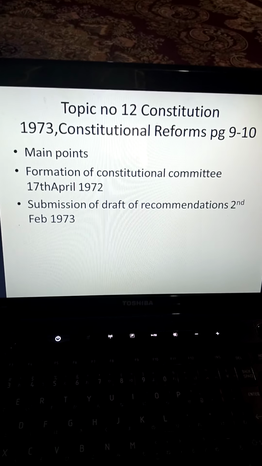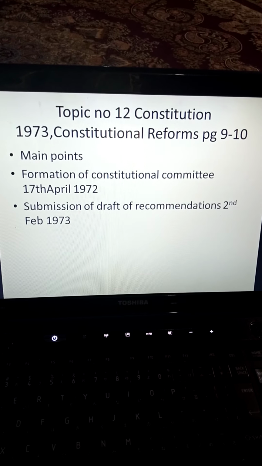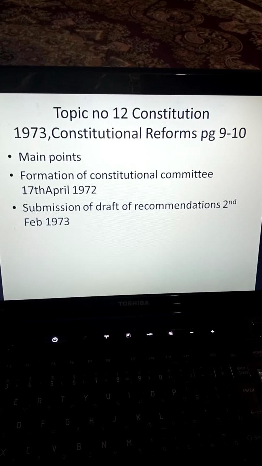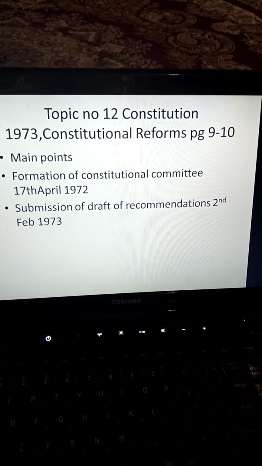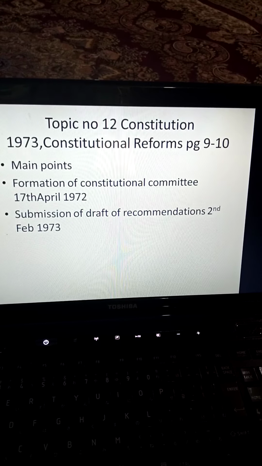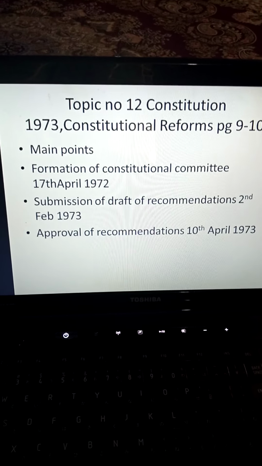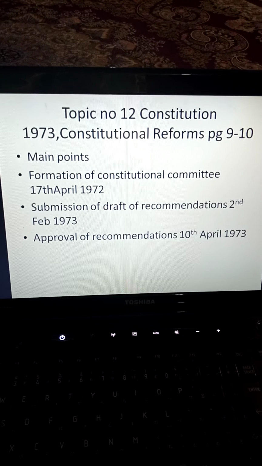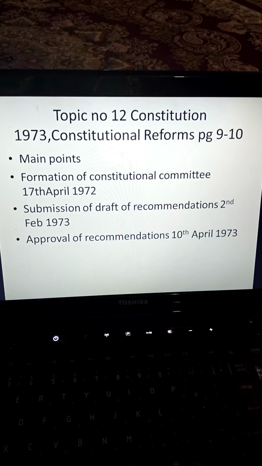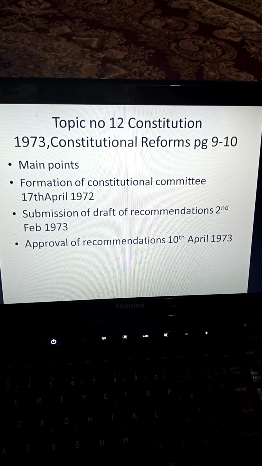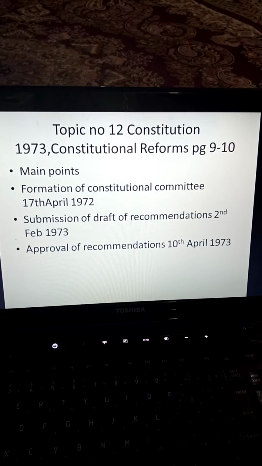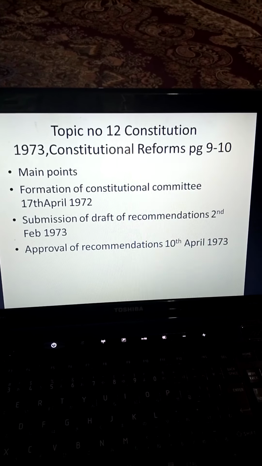Next point is the submission of the draft of recommendation on 2nd Feb 1973. So when this constitutional committee was formed, on 2nd Feb 1973, the constitutional committee put up the draft of recommendation in the National Assembly, which was approved. This draft of recommendation, or the suggestion, presented by the Constitutional Committee on 2nd Feb 1973, was approved on 10th April 1973. So this draft of recommendation was presented by the Constitutional Committee in the National Assembly, and it was approved on